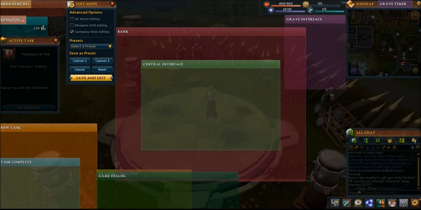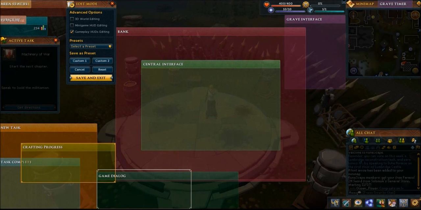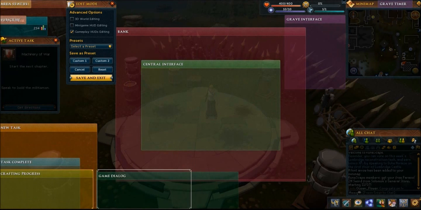New task. Not sure what that window involves, but we'll find out. You know what? I'm going to do crafting progress bar over the task complete. When the task complete pops up, it will obscure the crafting progress bar, but I won't need it anymore at that point. That'll be fine. Okay. So then,